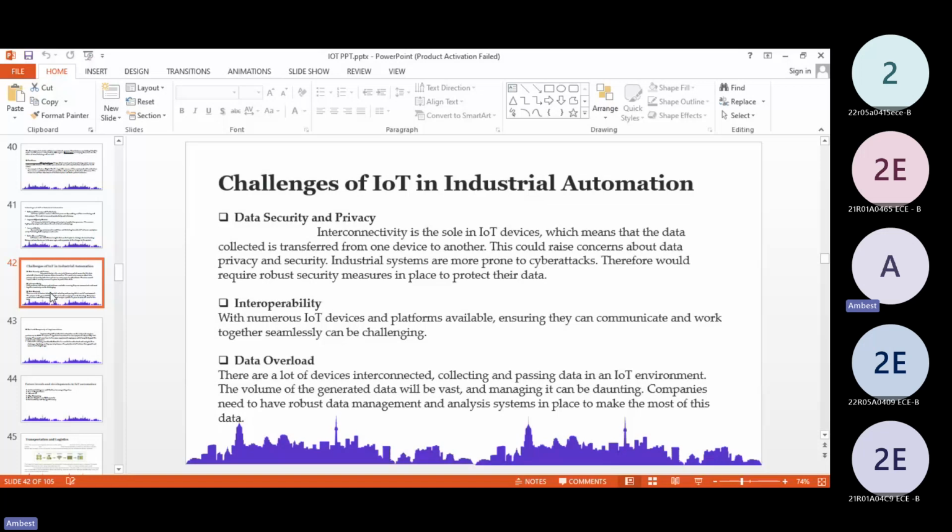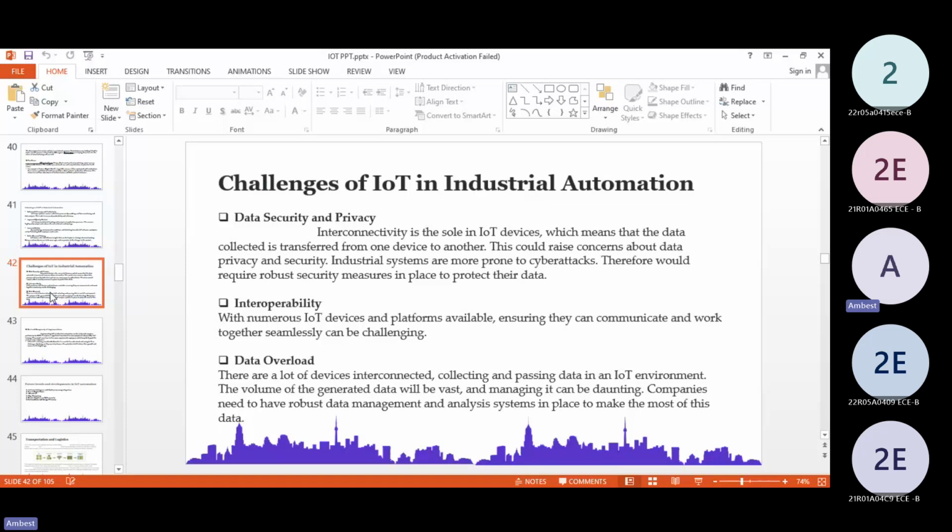Whatever transmission of data is done between the devices must have privacy and security. With these issues, the systems become more prone to cyber attacks, so there is a requirement for robust security check measures in place to protect their data.